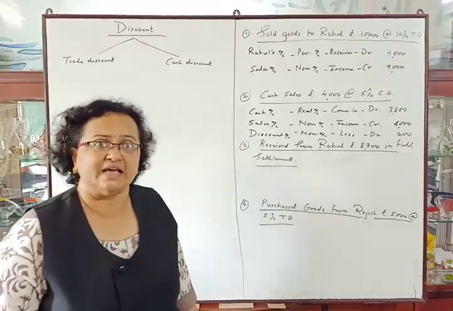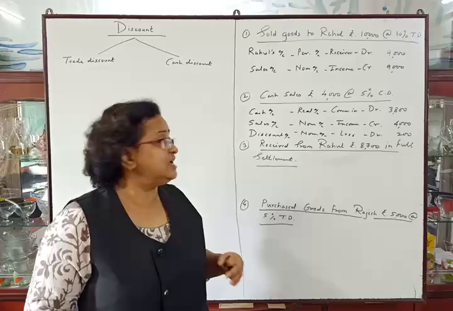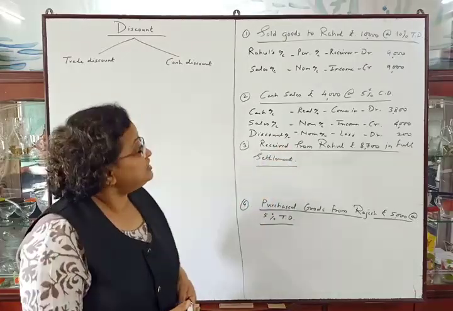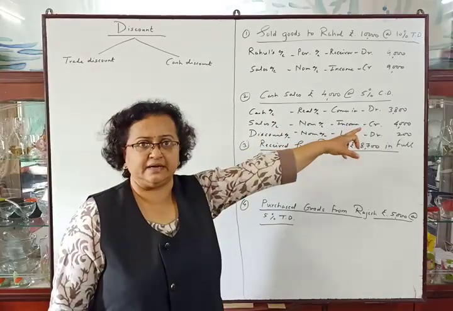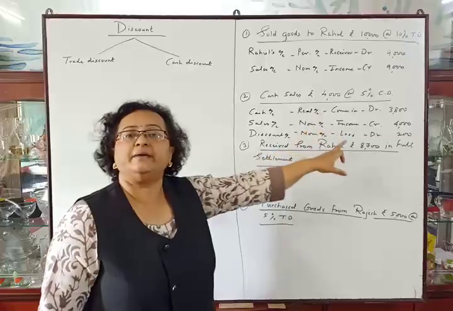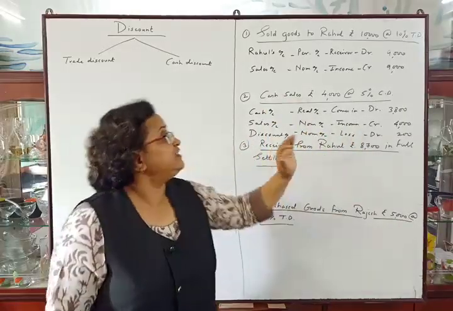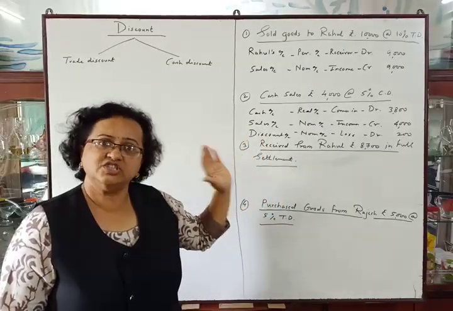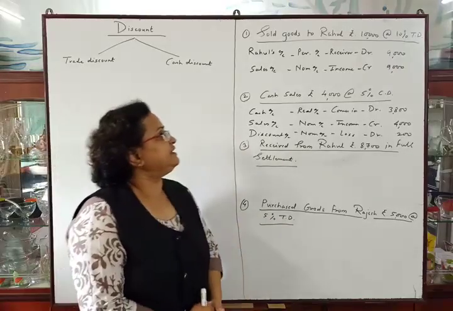4,000 रुपयाचा सेल झालेला आहे, त्यापैकी 3,800 we are receiving in cash, and discount allowed to the customer is rupees 200. So this entry will be cash account debit 3,800, discount account debit 200, to sales account 4,000. This will be the entry we will pass in our journal. Now the next entry,